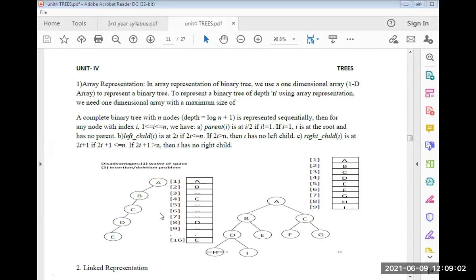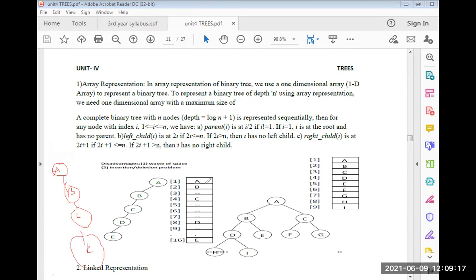This is a left skewed binary tree, and we can also represent a right skewed binary tree. There is only one path, either left or right. We call it a left skewed binary tree or a right skewed binary tree.